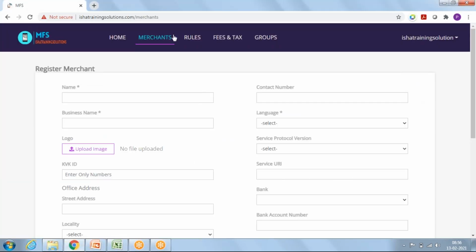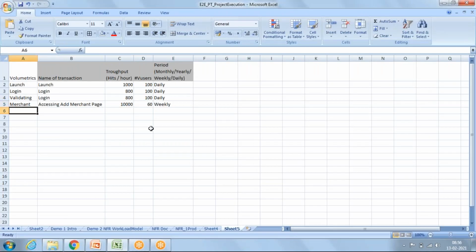In the same way, we will capture information like register merchant, how many users registered a merchant. Suppose 8,000 only. So 60 users in a week are launching the application, sometimes 1,000 or 5,000 or 500 times.